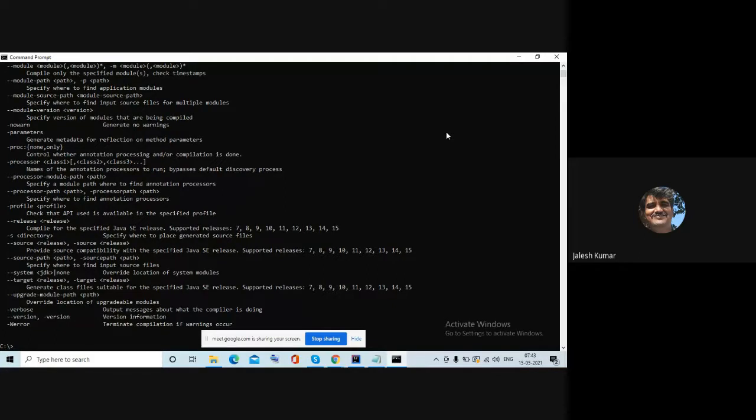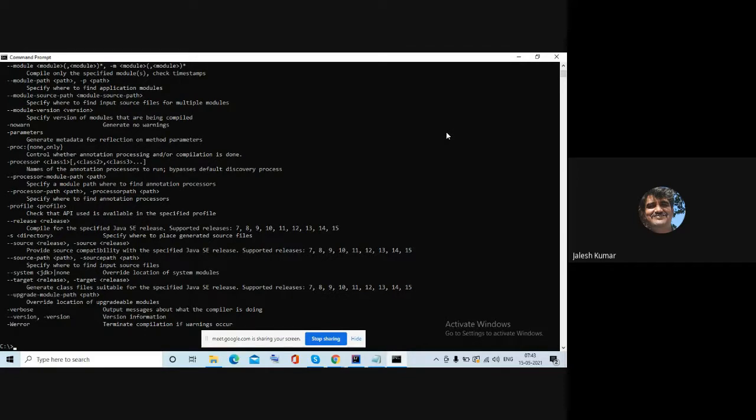Once again, I'll repeat. Normally once you install JDK, it will not be set by default for all the directories. So if you want to work at some particular place, say in D drive, but Java is installed in C drive, then how to take that compiler?